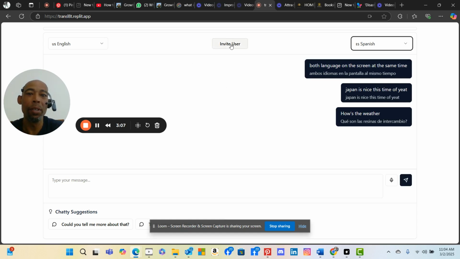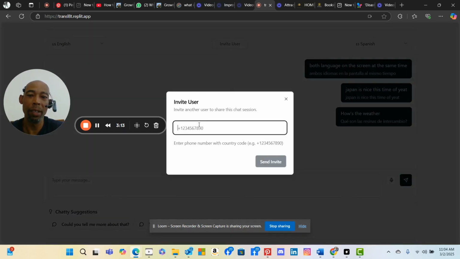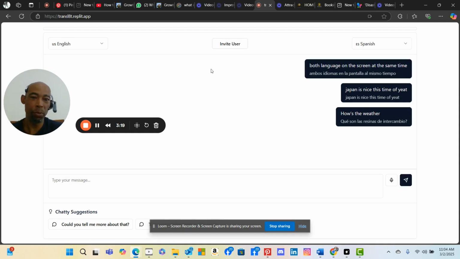But you'll be able to invite a user in if you're remote by WhatsApp phone number, and then you will come into the screen, and you both can see the screen from wherever you are. If that makes sense. And obviously, there's going to be tiers to it. Now,